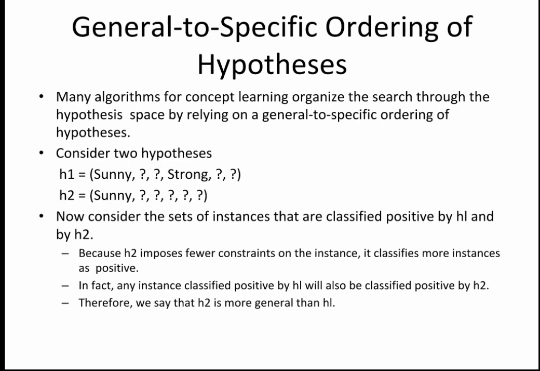Again, I am repeating: whenever you search, your hypothesis will always lie between your most general hypothesis, shown by a question mark in all places, and the most specific hypothesis, a 0 in all places. These are the two boundaries of your hypothesis space, in between which you will find your hypothesis. That hypothesis will be most specific in the context of your examples, but it is not most specific in any context, as we refer to the most specific hypothesis as all zeros.